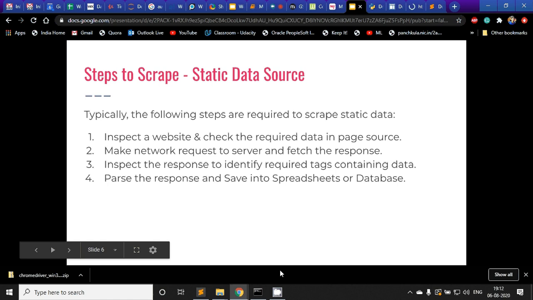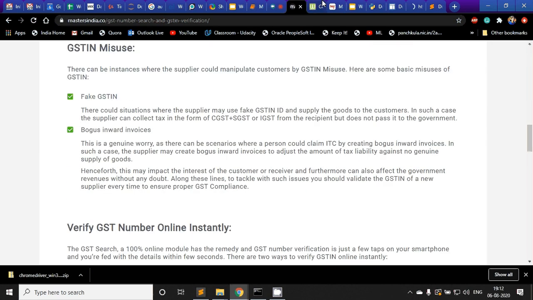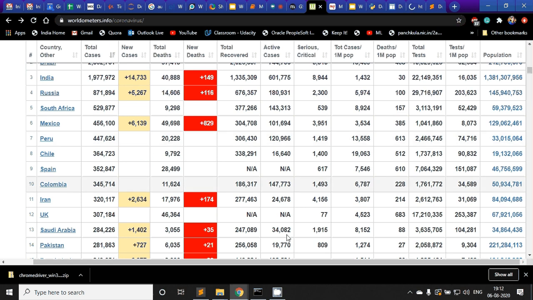So first step is inspect the website and check the required data in page source. Let's use some better source this time. I'll consider this currently a static data source, even though it is a dynamic data source. No problem, because it is refreshing after every 1 day,